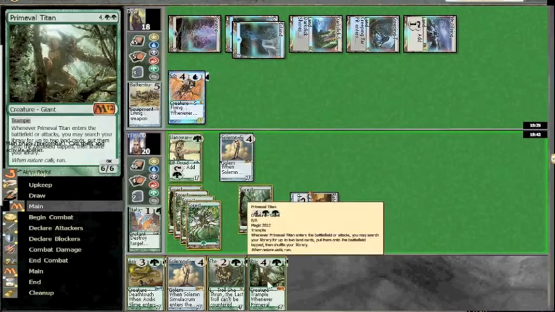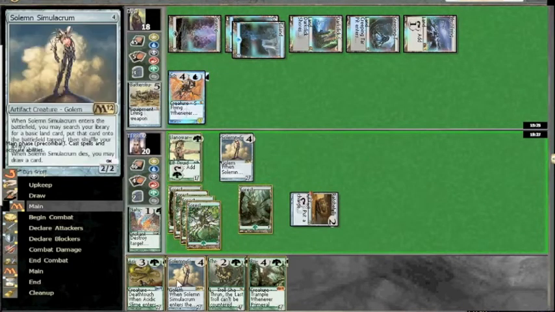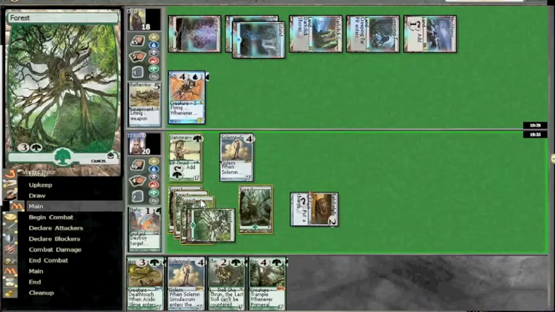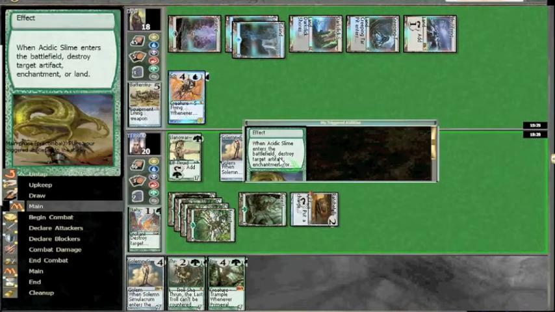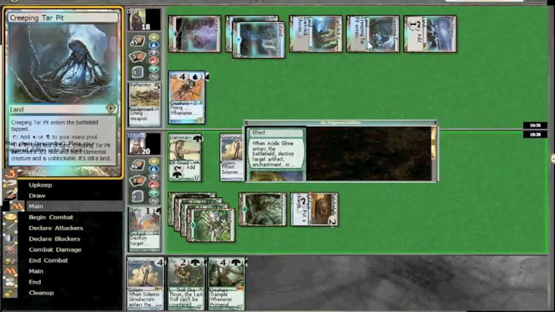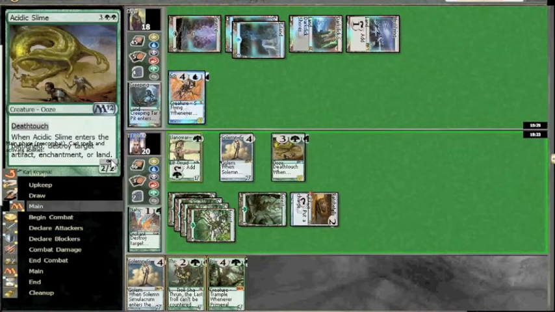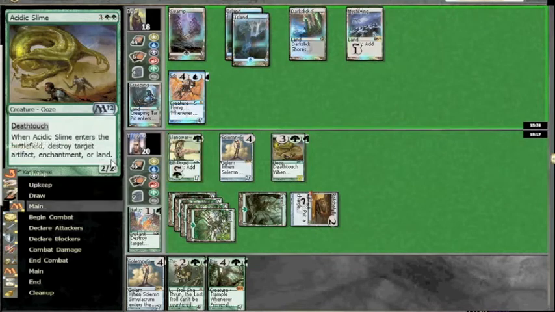It's way too late. You can drop this Primeval Titan, right? You're going to drop the Primeval Titan, right? Nope. No, he does not. Instead, I'm going to put out my Snake, and I'm going to kill off one of his lands about 3 turns too late, because he's going to be able to get 6 mana. He's going to be drawing approximately 2 cards every turn, so...